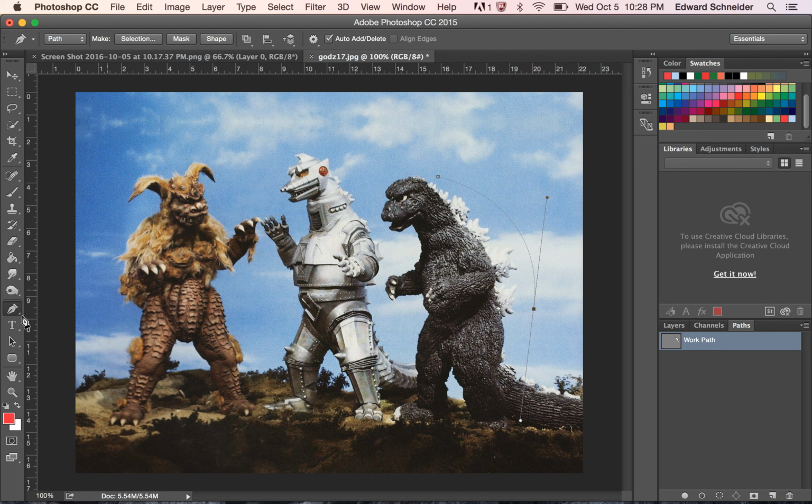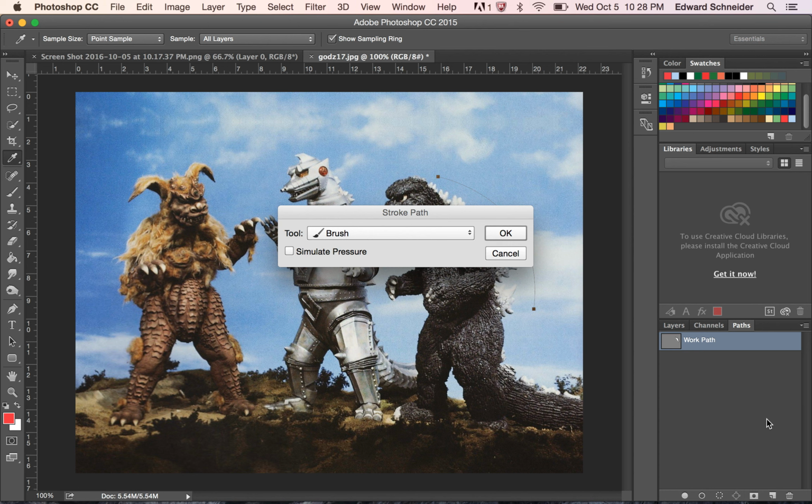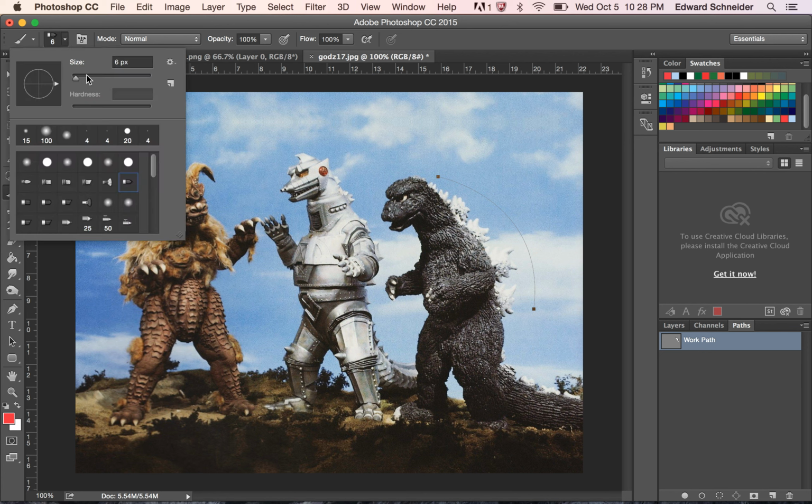But then what I can do is take the black arrow and grab it. You have to have the thing selected. So I select that thing, and then I can go here and say stroke path, and I can say, sure, the brush, or if I go to the brush tool here, I'm going to make it a little bit larger, let's say